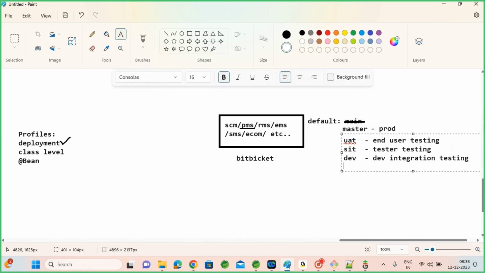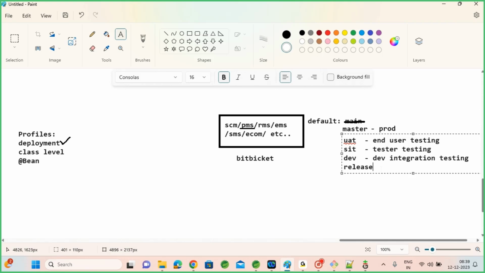A group of developers are developing the code, right? Other team developers' code, you also want to test by integrating your code. Once you push your code into dev, all the latest code will be available and you can work on it. So from here I want to create my